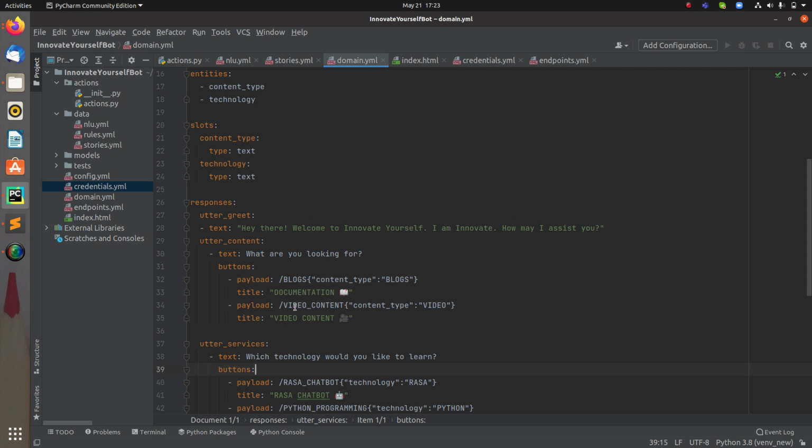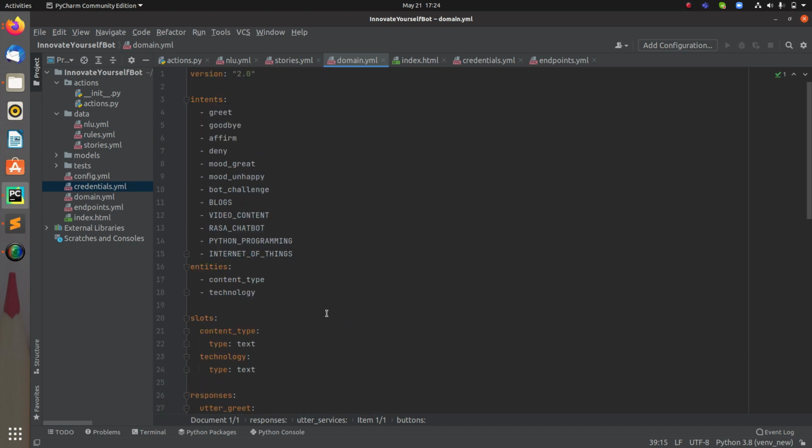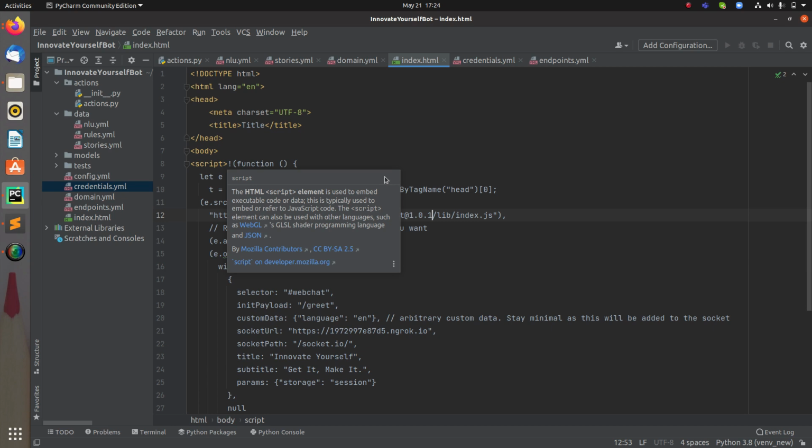In this way you will be further asked what you're looking for, whether a blog or video content. If you're looking for a blog, you will be helped with the documentation content. If you're looking for video content, in that case it will help you with the video content. So in this way your chatbot is going to help you. And firstly I have this project set up with me, and in this case I have this index.html with me.